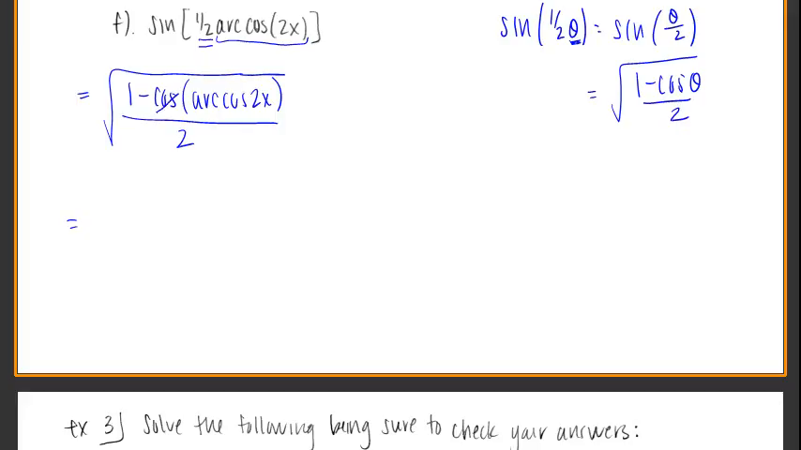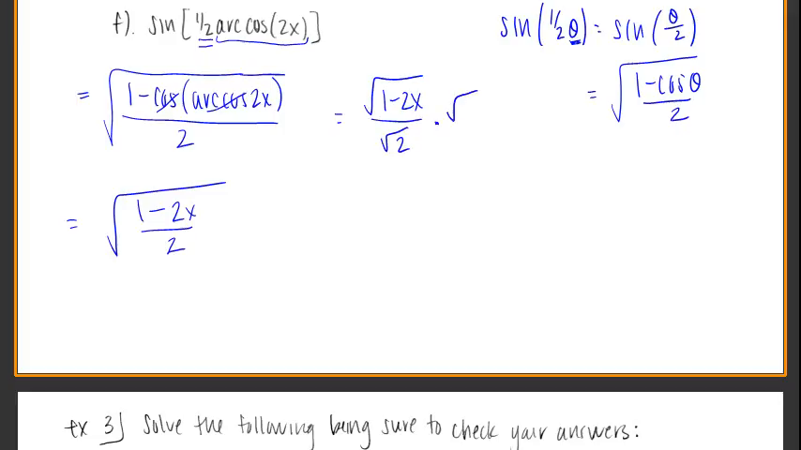Okay, well at least the cosine arc cosine matches up. That made it nice there. So 1 minus 2x over 2. And from there, let's break up the radical to focus on the top and then focus on the bottom. So rationalizing it out, we'll put it as the square root of 2 over the square root of 2. And we get,